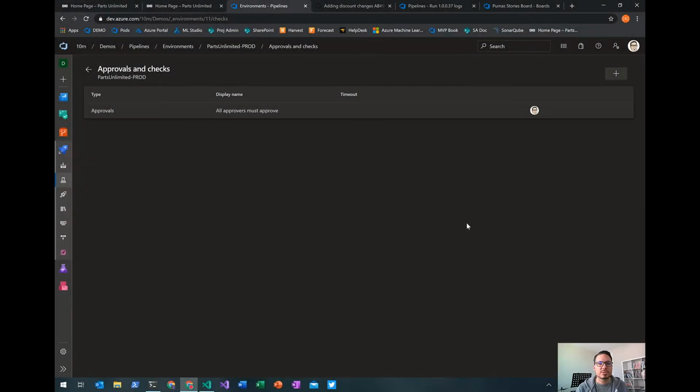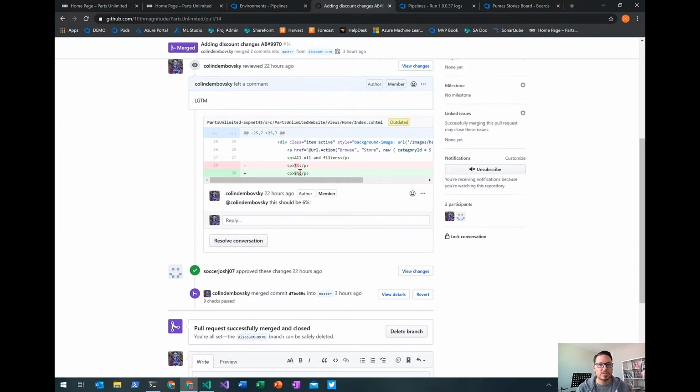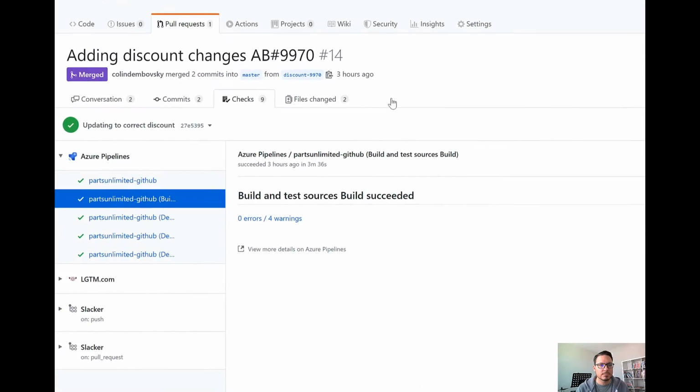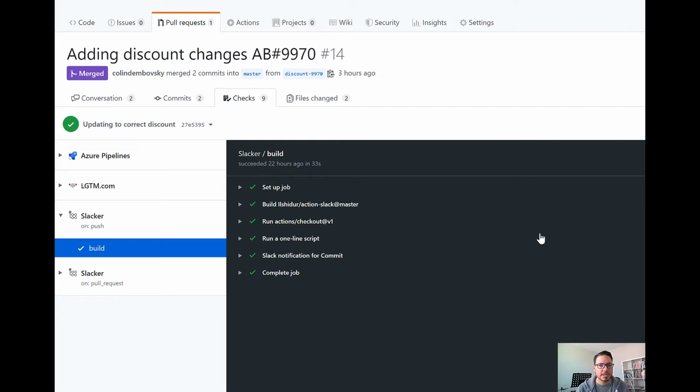Before we continue to approve this to do a canary deployment into production, let's look at GitHub Actions. Let's go back to the pull request. And we've already merged this pull request in, but we can still see the checks that were executed. You'll see I have a check called Slacker. Let's click on that. Now the log looks very similar to Azure Pipelines, and that's because the GitHub Actions runner